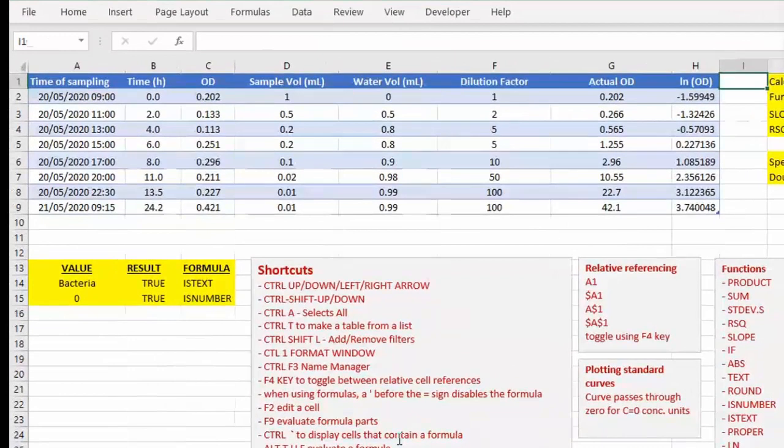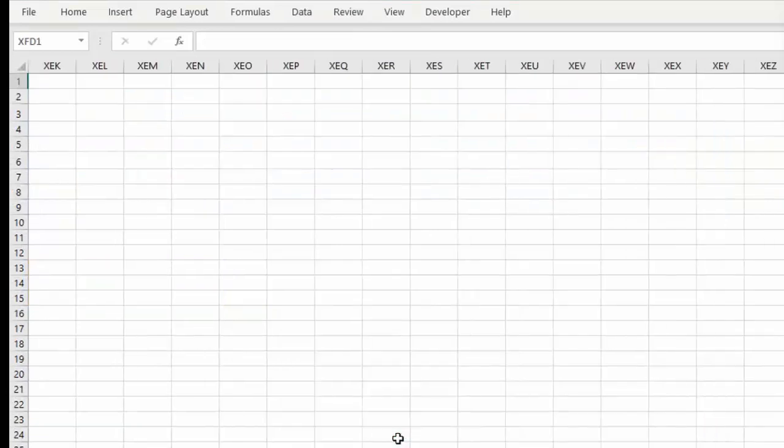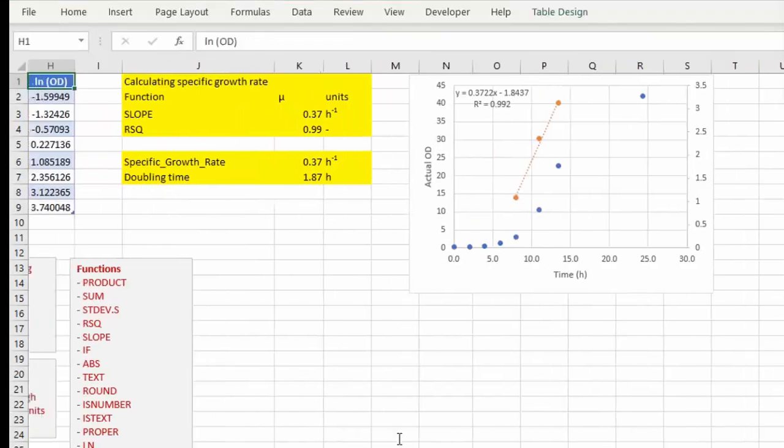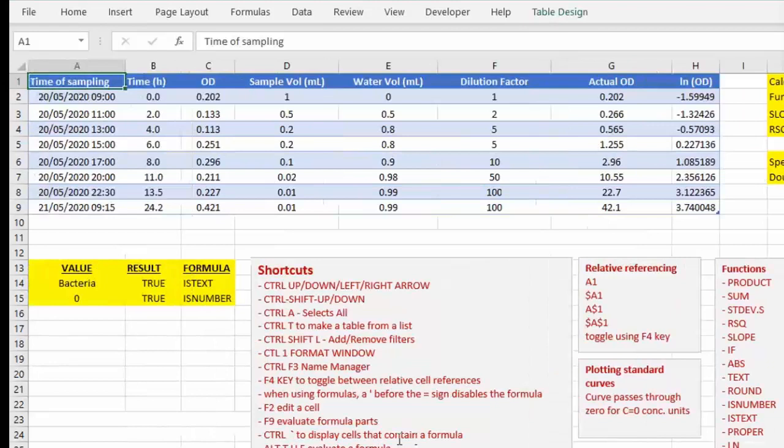Control right arrow takes me to the next populated cell. And if I keep doing control right arrow, it'll take me to the furthest column in Excel. So it's good to know how to navigate data using the control key and the up, down, left and right arrows. And Control A: let's say this is a table of data with column headings and populated